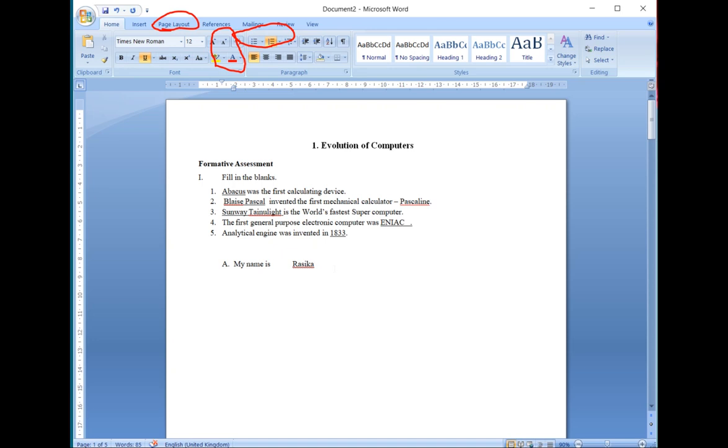So understood, students, what all things we saw today? Today we revised a few things which we learned in the previous video, that is subscript, superscript, then how to find the text and replace it. Newly, we saw page formatting, that is creating a header and footer, and how to do the settings in our header and footer. Then we saw columns, how to add the columns into our document, and how to break the columns. Now, what is the use of the tab key? These things we saw in today's video.